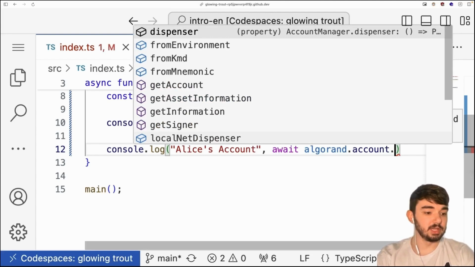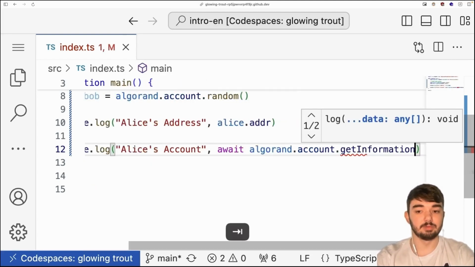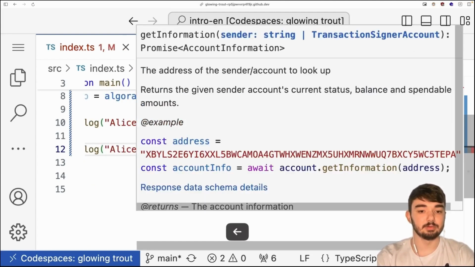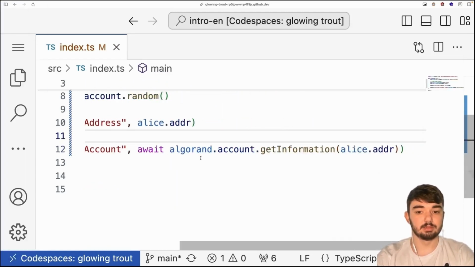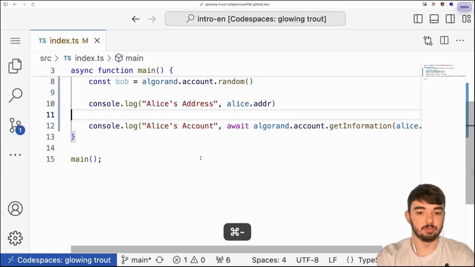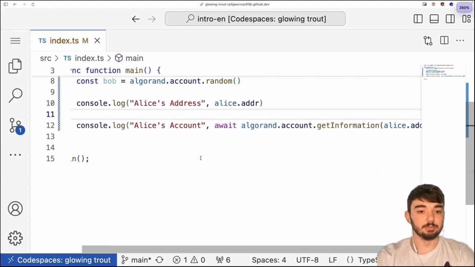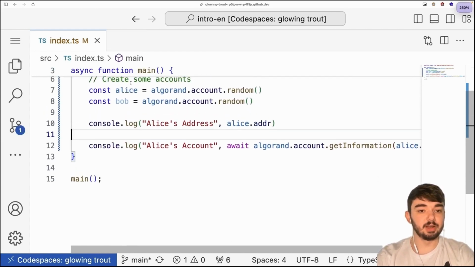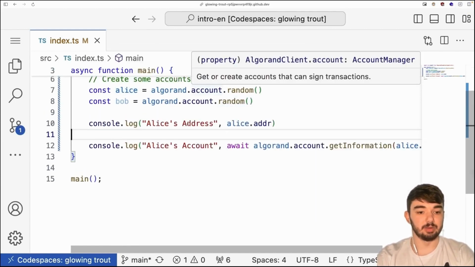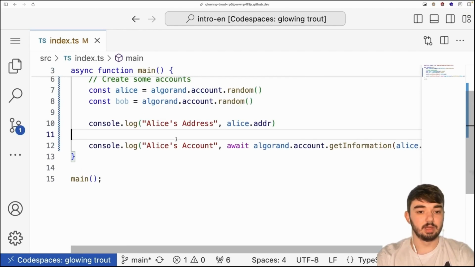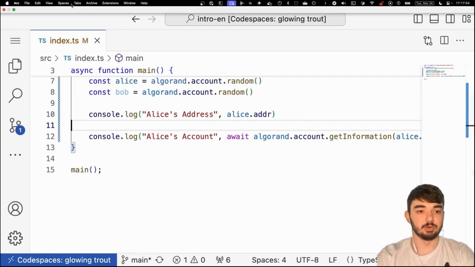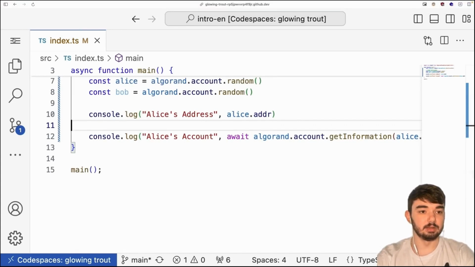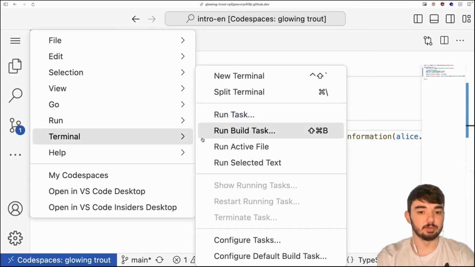And what I want to do is get the information about Alice's account. I'm going to specify alice.addr. Actually, let me zoom out one more here. So I've generated an account called Alice, and that's going to be a random address as we've seen. Then I'm going to log her address, and then I'm going to log information about her account. So let's go ahead and see what that looks like.